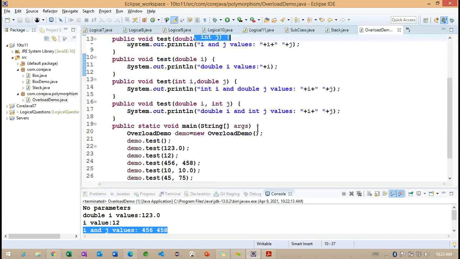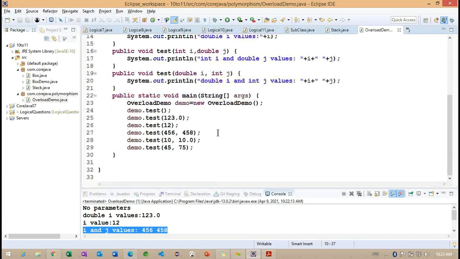Now observe, here I want to change the same method. I'm providing the double data type here also. But now, what is happening internally? You can see we are getting an error here. Why?